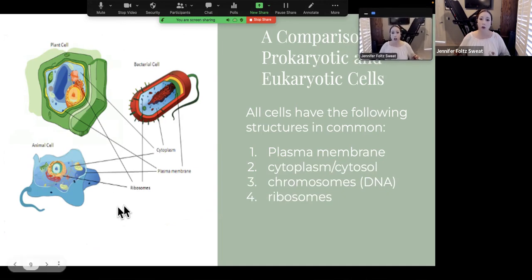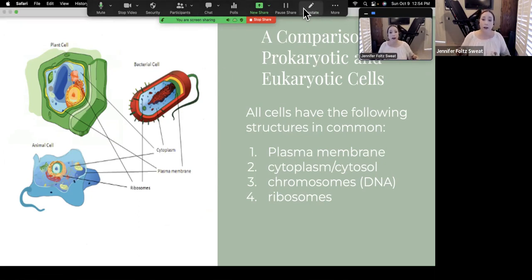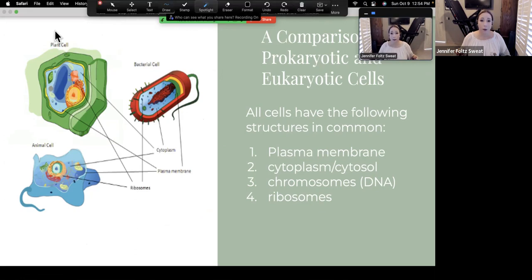This image shows you the four structures that all cells have in common. When I say all cells, I mean prokaryotes and eukaryotes. Now, in this image, you can only see a bacterial cell, which is a prokaryote, and a plant and an animal cell. Those are eukaryotes. Now, all cells have a plasma membrane